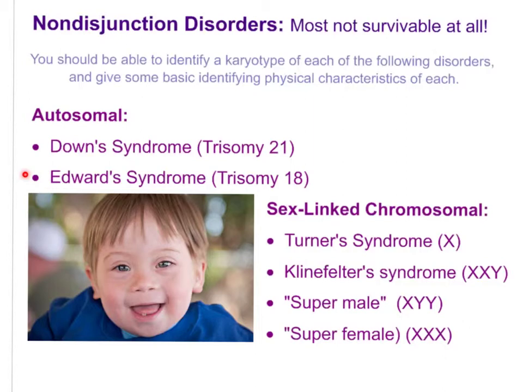There are also several sex-linked chromosomal non-disjunction disorders, and these are interesting. Turner syndrome would be one of those. It would be where there is only a single X chromosome. It's called monosomy X. That's a female, obviously, because there's no Y. And girls and women that have Turner syndrome, it's very, very survivable. It's not severe,